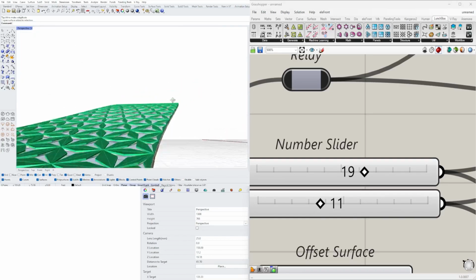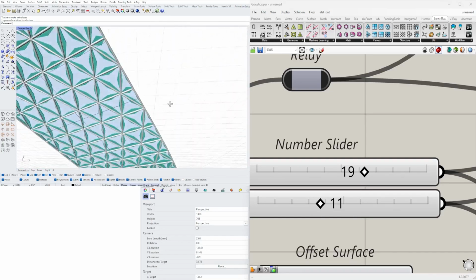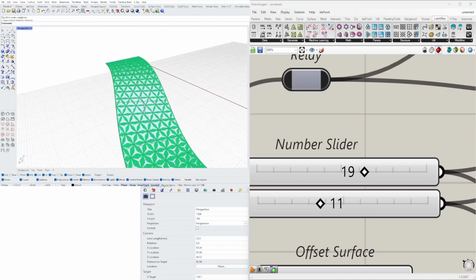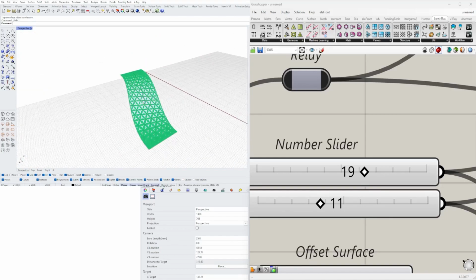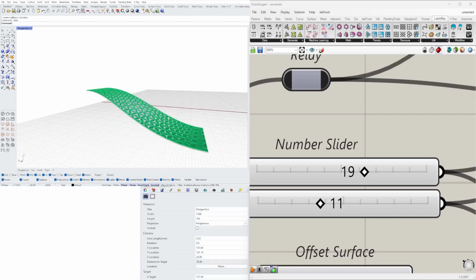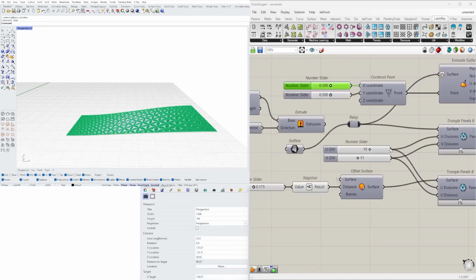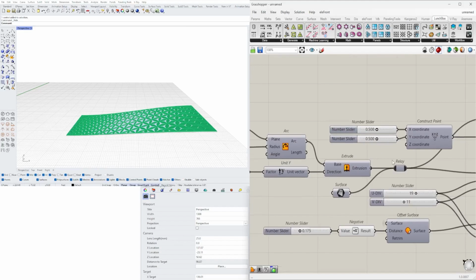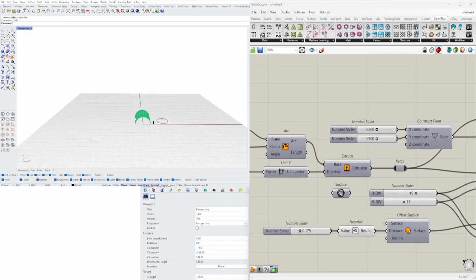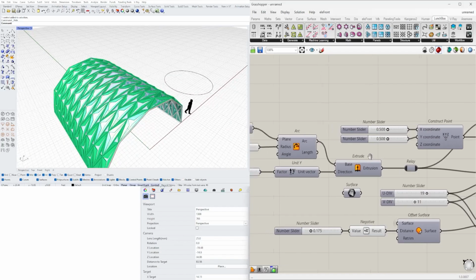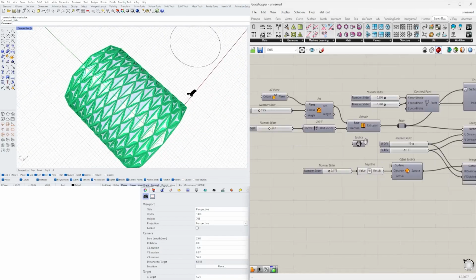So this is the other pattern here, using a different type of surface. So for now, I will leave this with the original surface, this one. Let's bring this back to